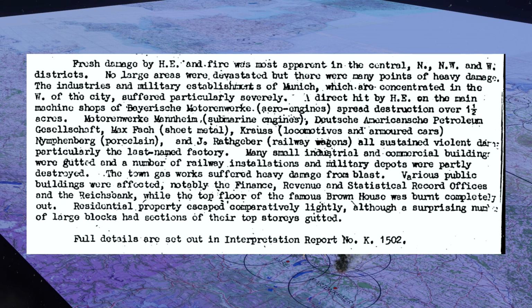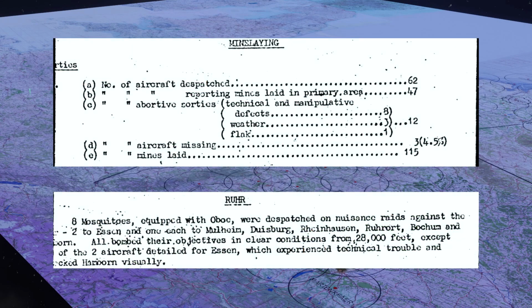294 military buildings and 141 small workshops are hit or destroyed. 14 cultural buildings, 4 churches, the cathedral, 11 hospitals, and 291 other residential buildings are destroyed, as is the Nazi Party headquarters and Hitler's Munich apartment. The mine-laying mission sees 47 of 62 bombers lay 115 sea mines, and all 8 Oboe Mosquitoes deposit their bombs